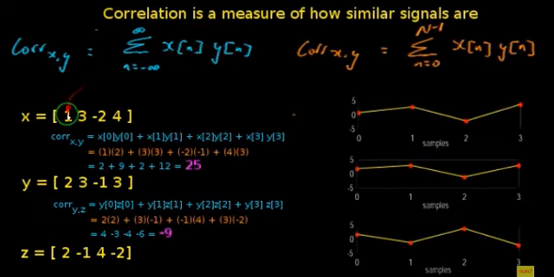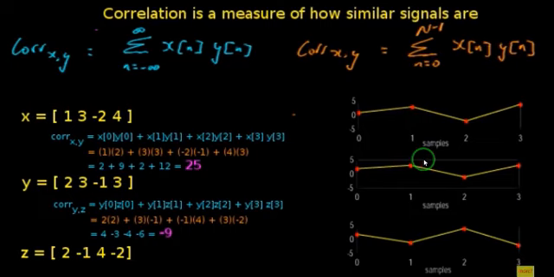Well, if we multiply the x1 with the y1, these are 1 and 2, and 3 by 3, minus 2 with minus 1, and 4 with 3, and sum them together, you will see that we will reach the number 25. This number is a big number, and it gives us the information that these two patterns are